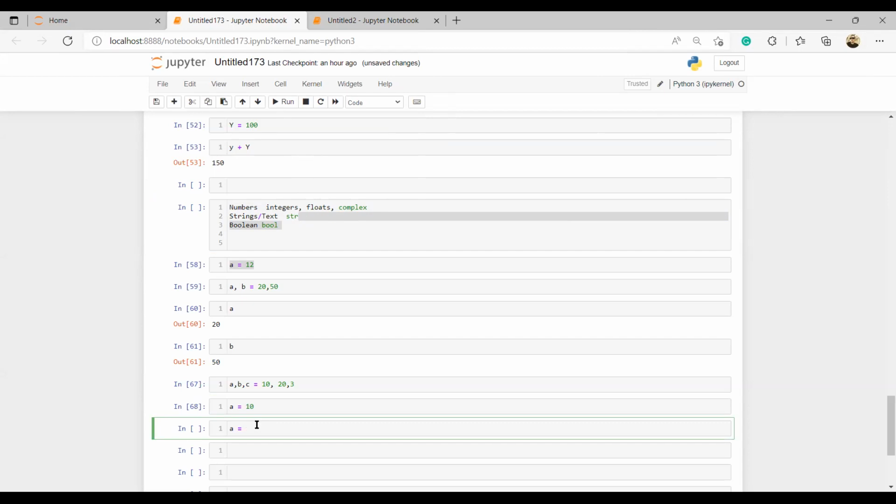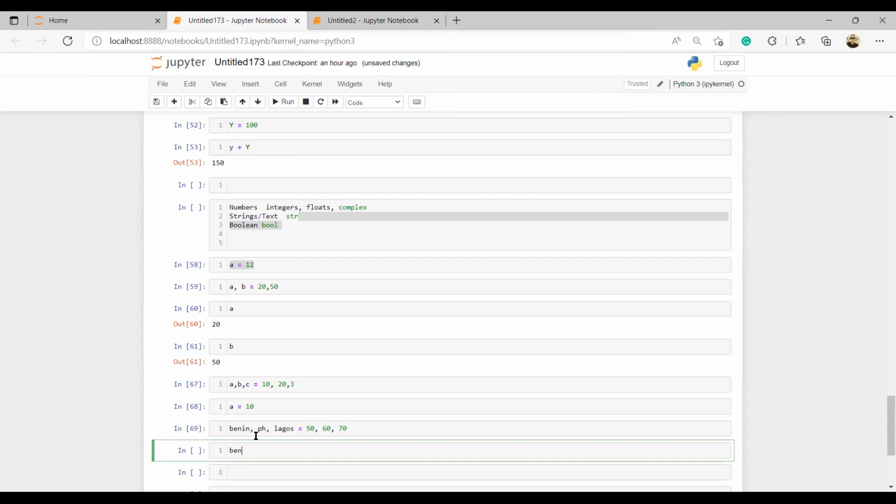For example, imagine ABC has different branches: Benin, Port Harcourt, Lagos. Benin is equal to 50, Port Harcourt 60, Lagos 70. I run it.